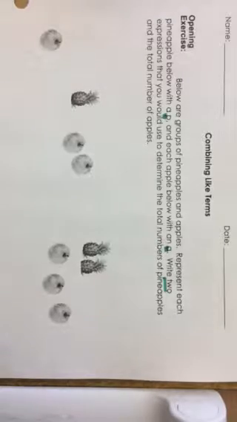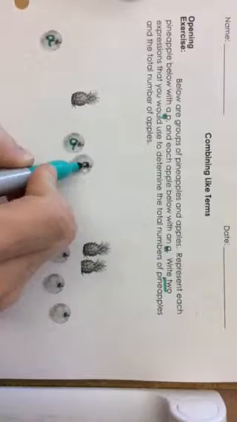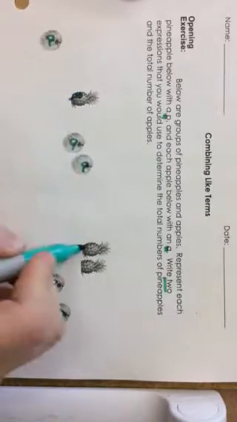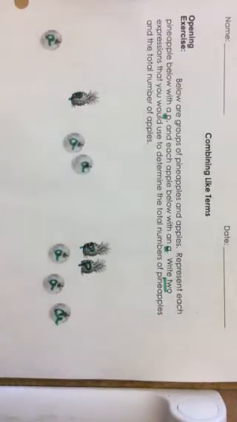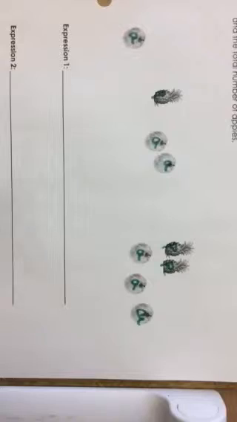apples. So what I would do is I'm just going to represent A for apples. So you can see that I could represent these with a variable. And then for pineapples, they want us to use the variable P. So you can see how many apples there are and how many pineapples. If I ask you how many apples there are, many of you would say 6 apples. So couldn't I just represent that with 6A,